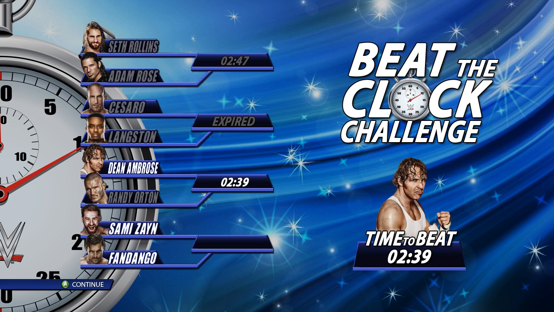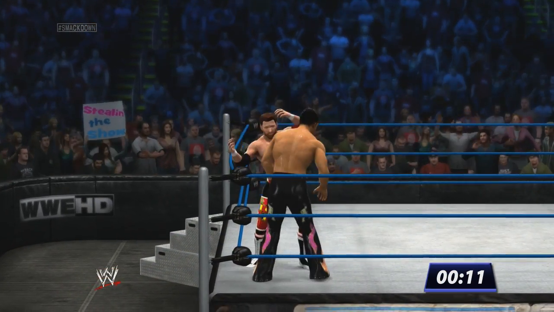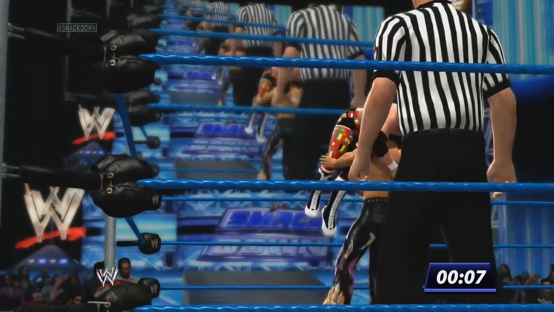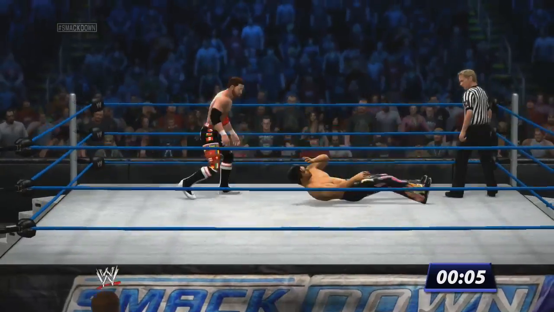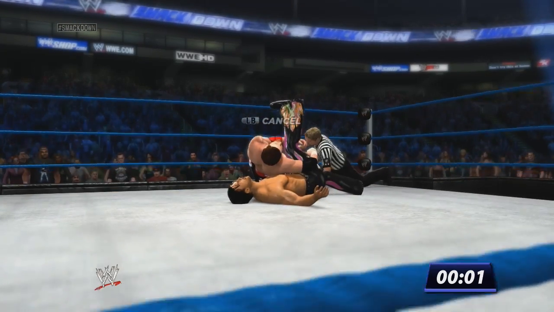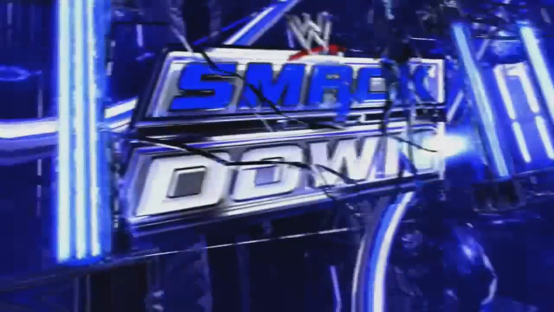Going back to the Beat the Clock challenge menu, you can see that the time has now been updated and Dean Ambrose is now in the lead with just one match remaining as Sami Zayn takes on Fandango. So we join this final match in the later stages with both men still doing battle as the clock counts down, with Sami hitting a springboard tornado DDT on Fandango, but will he have time to score the pinfall? The answer is no. Unfortunately for Sami, Fandango kicked out just as the clock expired,